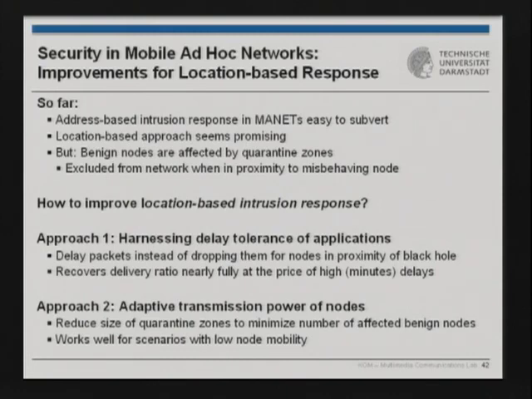Second approach, if we have some more constrained communication regarding time, is to use an adaptive transmission power of the nodes, and this is just to minimize the size of the quarantined areas. This means that if I'm located closer to a well-behaving node than to a misbehaving node,